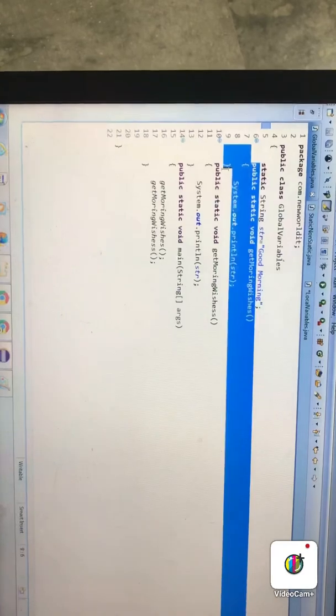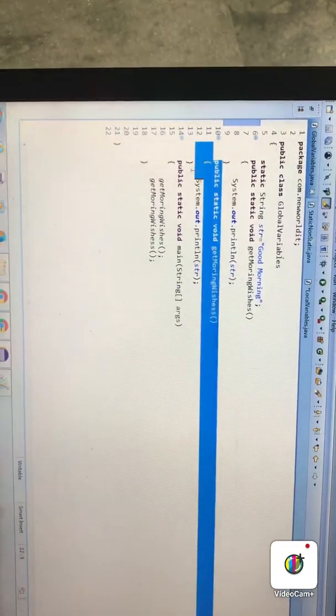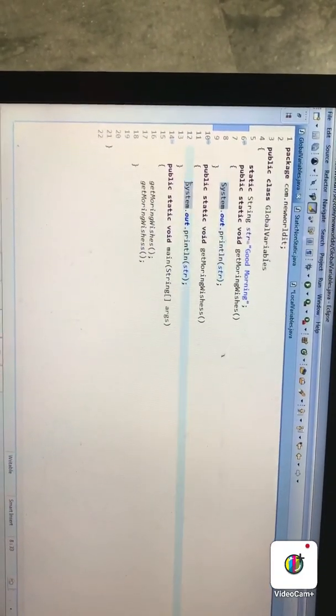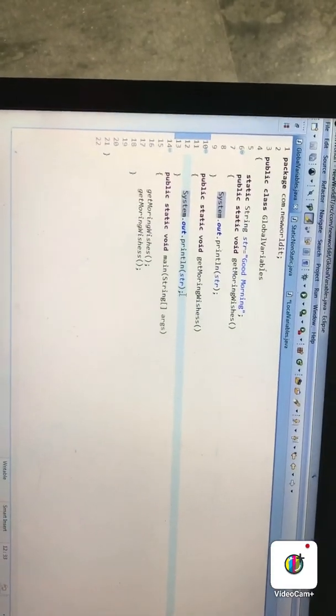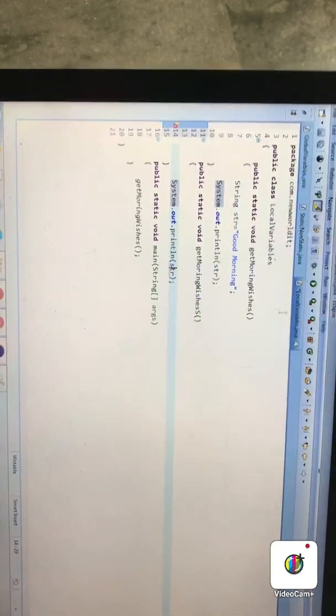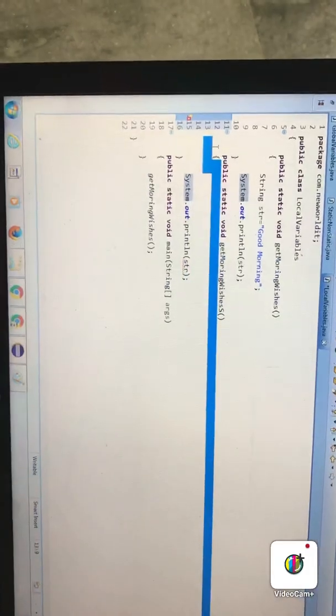So public static void get morning wishes and morning wishes. So I created two methods. Within both methods I am calling the same name, str. Okay, this is how it works. It is accepting fine, but in the local variable it throws us an error. So I will take it off.